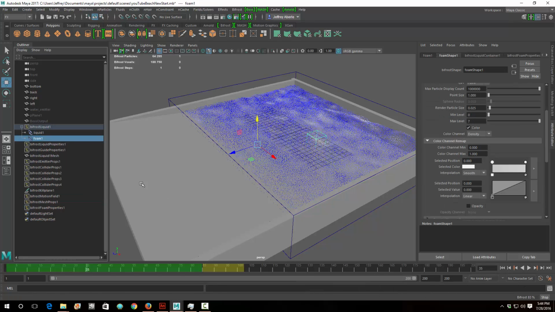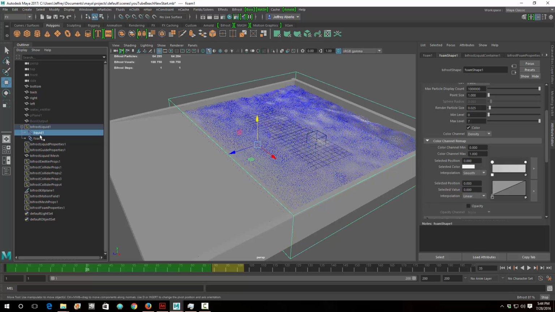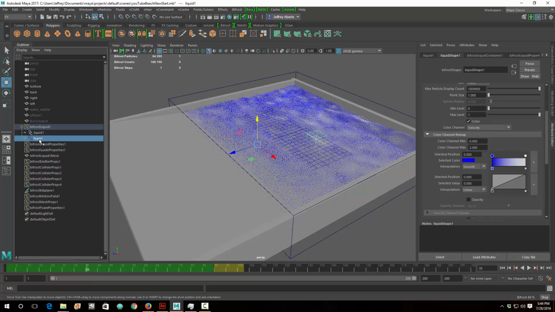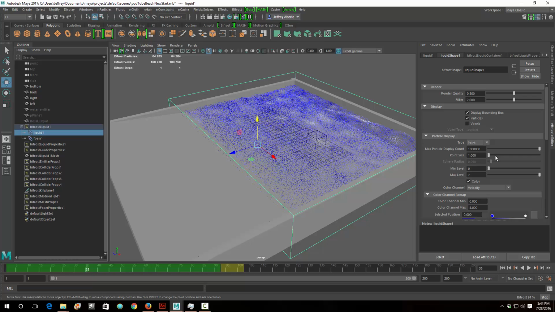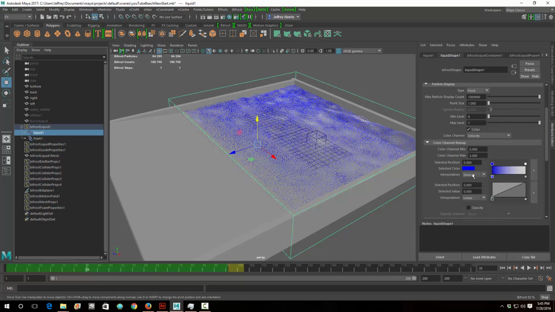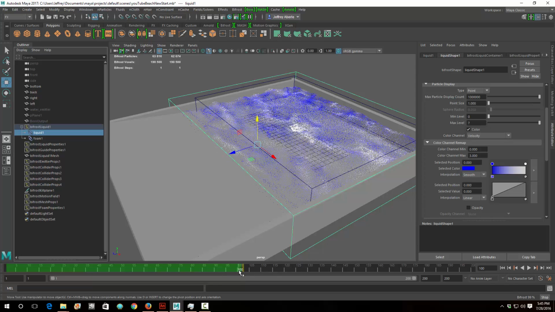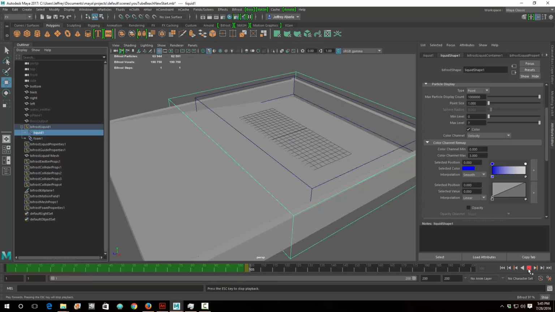That's right, I just forgot that under the liquid, you just have to expand this little node right here, and you'll have your liquid and your foam. I just blanked for a second. So when I'm in the foam, you'll see when you're in the liquid, here it basically takes you to the liquid shape, and you can change the remapping. So what I'm going to do, remember this is making white our vorticity. So that's all well and good. In fact, I'm going to get some more particles in here since